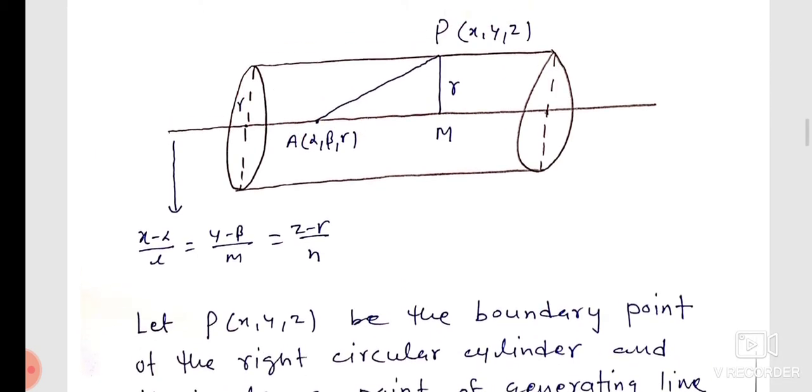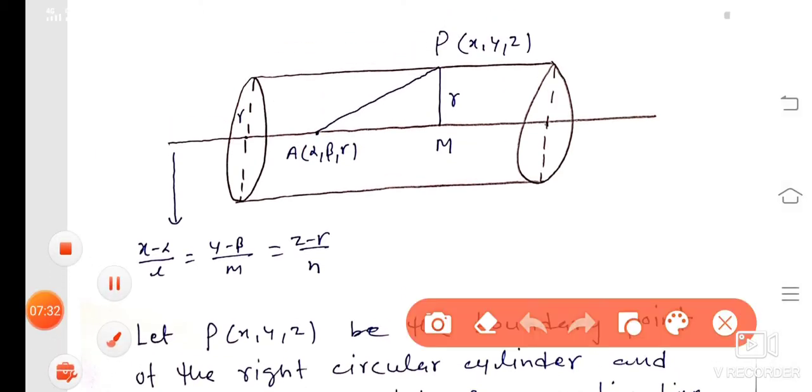Now the remaining side is AM. It is a tough task to find the distance AM, because at this time the coordinates of A are given as alpha, beta, gamma, but we are not given the coordinates of point M. So we cannot apply the distance formula right now as we applied for AP. So we will take help of the projection concept to find the length of AM.